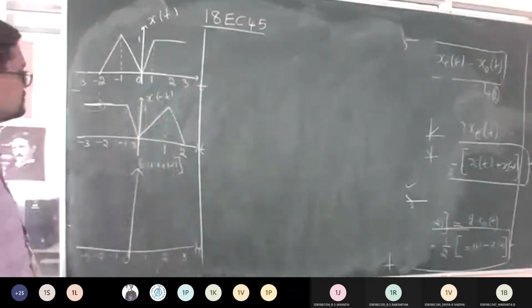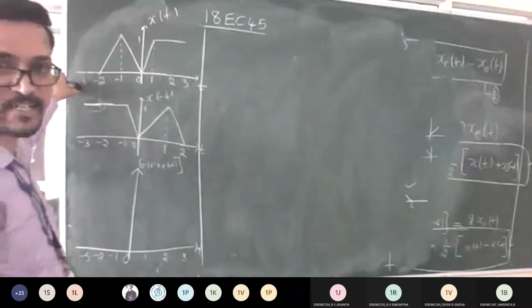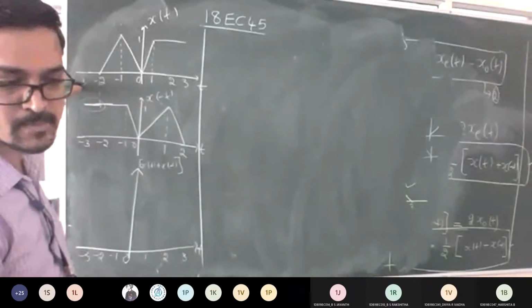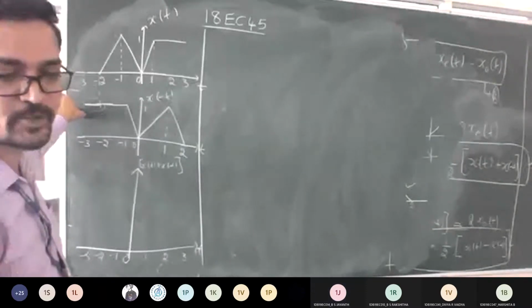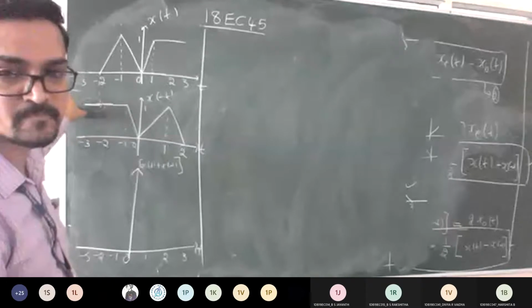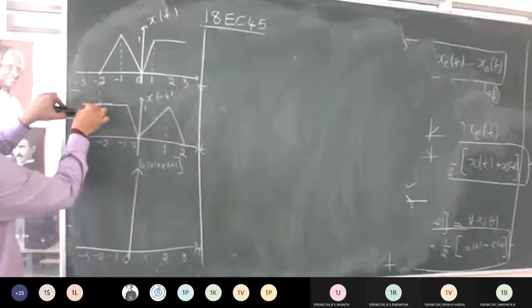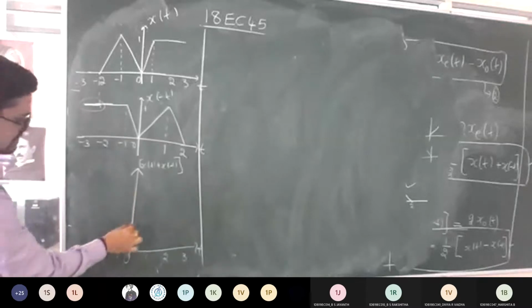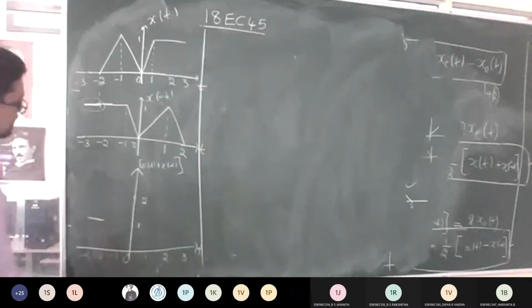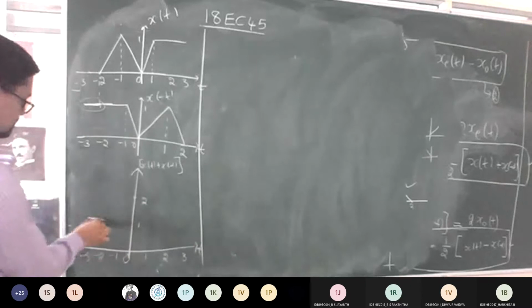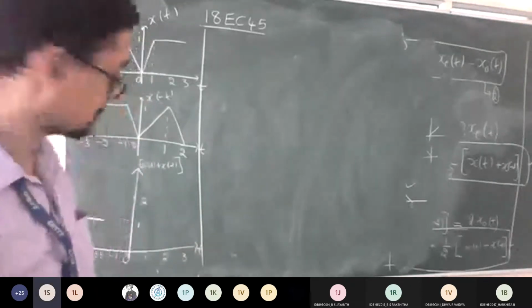So this has an amplitude of 1. From -3 to -2, is any signal there in the first part? No signal in the first part. You have it only in this part. So what should the amplitude be now? Is it 0 plus 1? Yes, so 0 plus 1. In the -3 to -2 interval, you have this constant signal. If this is my 1 and this is my 2, then -3 to -2 I'm going to consider a constant term.